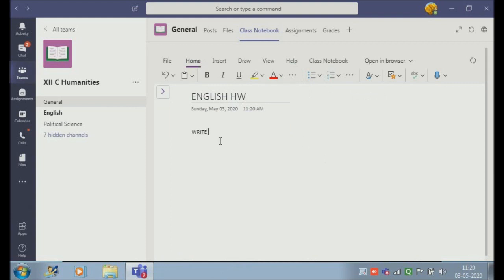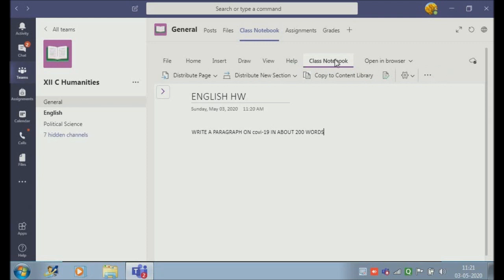Write a paragraph on COVID-19 in about 200 words. And then I want this page to be sent in the homework section. Then I am going to click on class notebook, and then I have to click on distribute page,